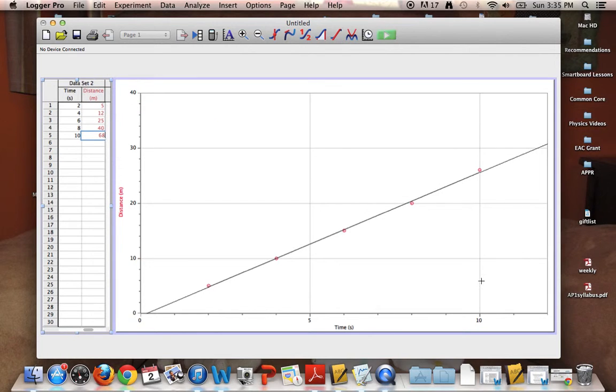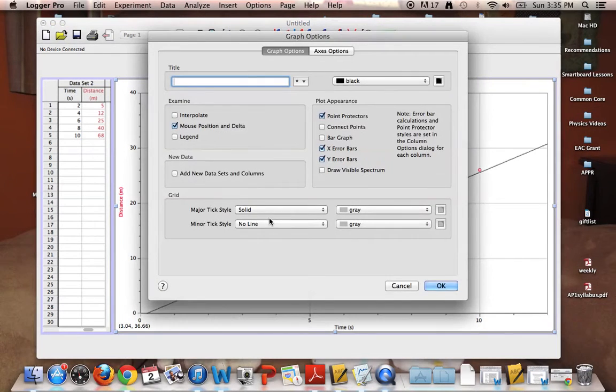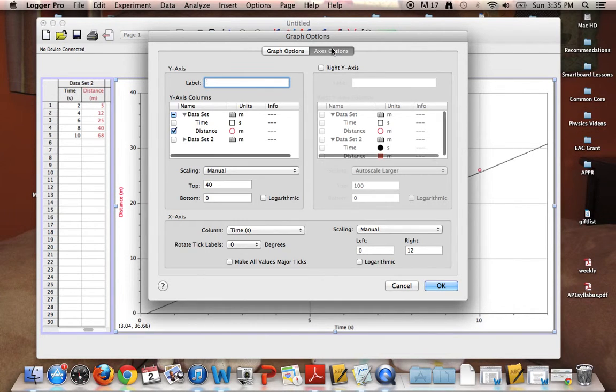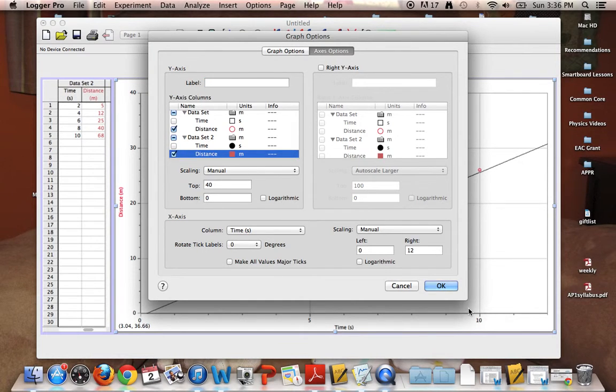Notice for some reason my information is not showing up on my graph. So I may have to tell it to graph that data. If that's the case and it's not showing up automatically, we double click the area of the graph anywhere. We go up here to Axes Options. And we have to tell it to graph dataset 2. Dataset 1 is already checked. Dataset 2 does not appear to be, so we have to hit this little arrow here to expand the dataset, and we want to check the distance box and hit OK,